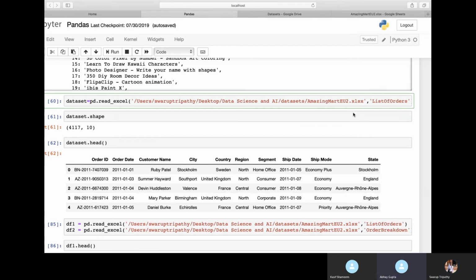I have a doubt. In the head function, or tail function, can we pass something? By default, head shows you the top five values. If you want a particular number, you can pass the number.